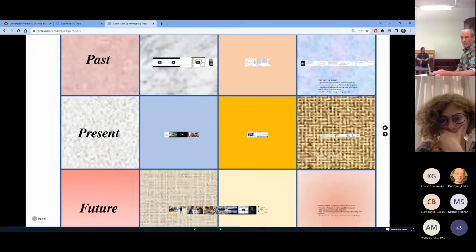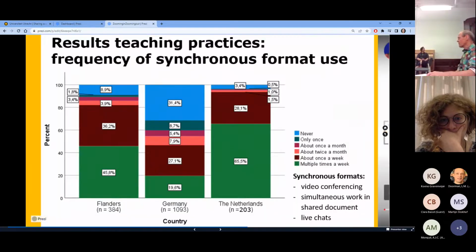So what we saw in teaching is that teachers all of a sudden, at least 2 years ago now, moved to online teaching and struggled with that. This is an image from our ESM paper on the practices by mathematics teachers in Flanders, Germany, and the Netherlands. There are interesting differences, but what you see in the Netherlands is a huge amount of teachers very quickly moved to online teaching using Zoom